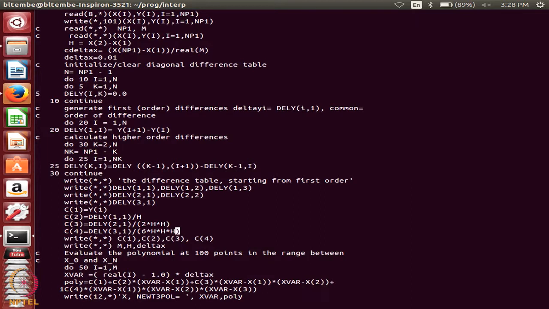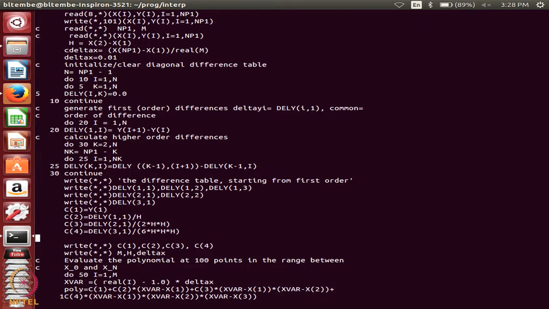Okay. I go to that right bracket, type A, then I will insert. I want to write on the screen the values.